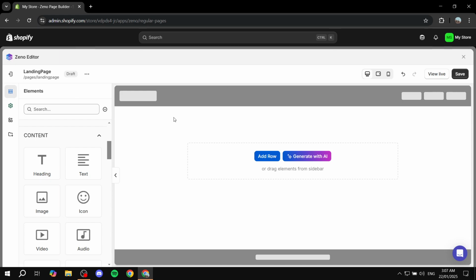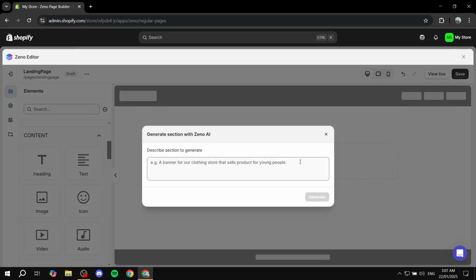So this entire thing is actually with AI, but including that, we can also generate sections with AI, or I mean elements. So we can just click on generate with AI. And in here, we can just describe these sections that we want to generate. So for example, I'm just going to type in, by the way, the more details you add, the better it's actually going to turn out. So I'm just going to add a banner image of outer space with text on top and a button